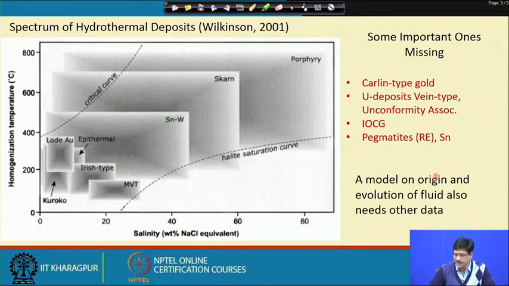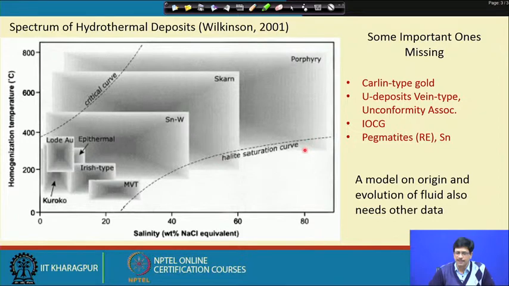other sources such as the stable isotopes, which are isotopes of oxygen and hydrogen, sometimes even carbon and sulfur. These are also analyzed as and when possible, either through the alteration minerals or from the fluids extracted from the fluid inclusions, so that the model on the fluid origin, such as a fluid mixing model or a boiling model or a cooling model, is better corroborated and substantiated through other data such as stable isotopes. This is especially so for the mixing kind of model.